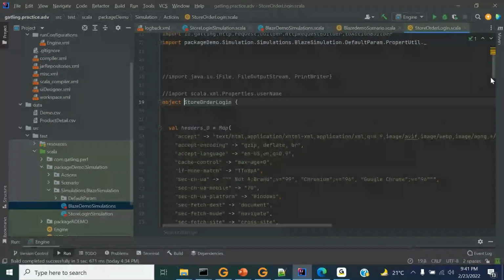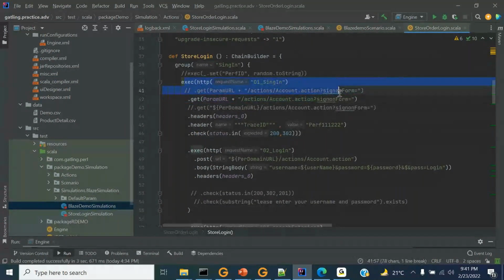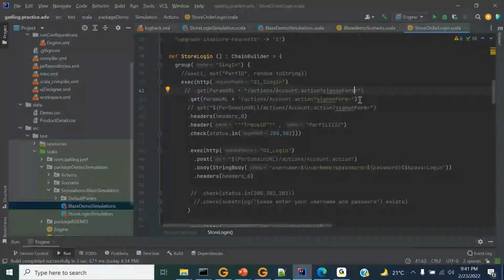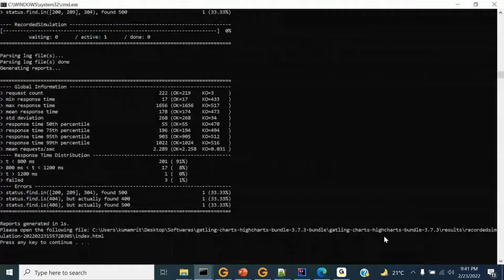I have one of the requests over here. You cannot see any of the bundle requests. All are requests hitting specific API endpoints. We don't have any static resources over there. Got it? So, going forward, after running the test, it will give you global information that will